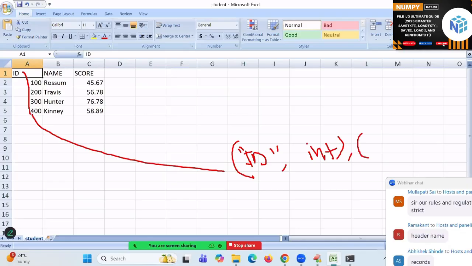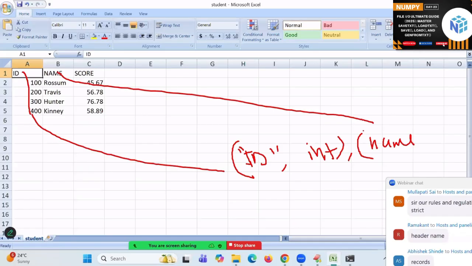I already gave this explanation in the sort function, where order is equal to age comma height. Next is name. What is the name? It is a column name, I will write it as str. Next, score. It is called what here? Float. This is what I need to take like this.